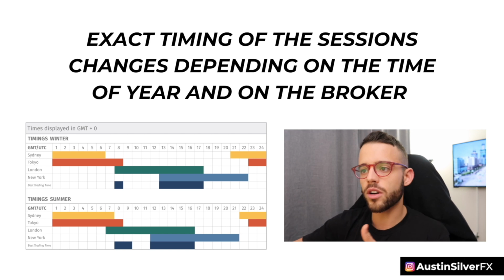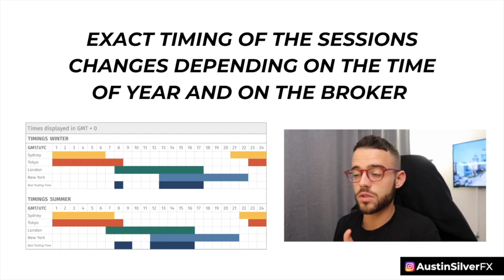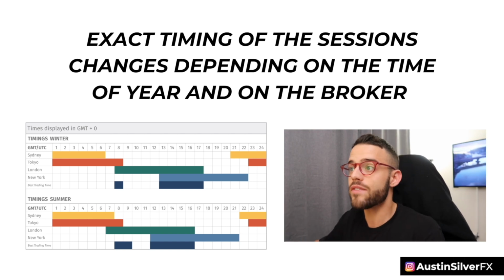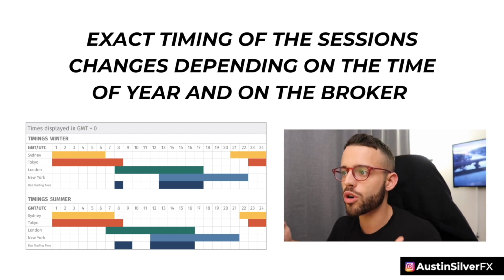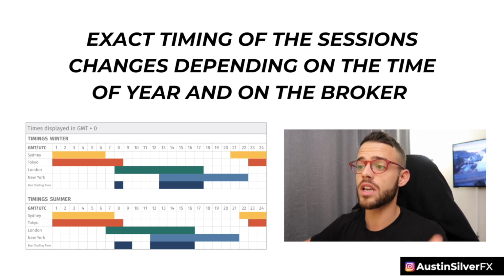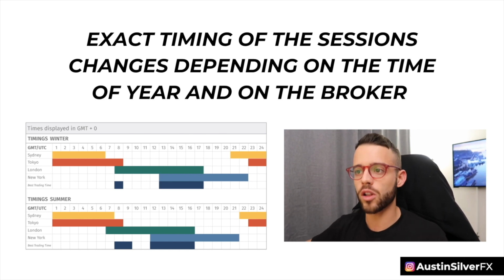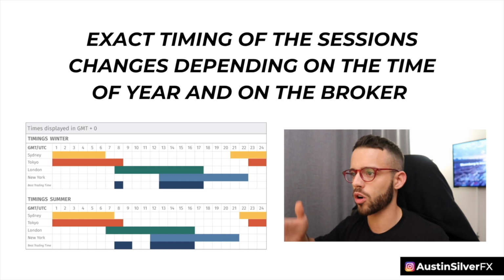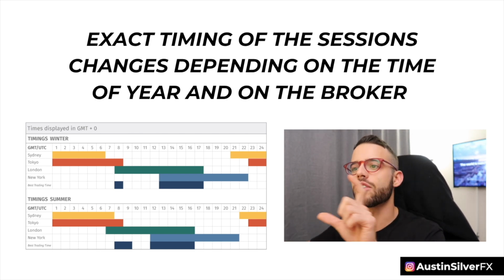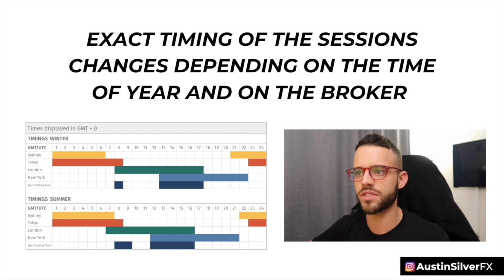As you can see in this chart here, summer hours and winter hours, using daylight savings, they set these on specific dates, will change. And even within the broker, depending on which broker you're using, that will also change when they open and close, specifically when they open at the start of the week and when they close. Some brokers close an hour earlier than others. So you really should look at your broker's timing to figure out exactly when they're breaking off sessions.